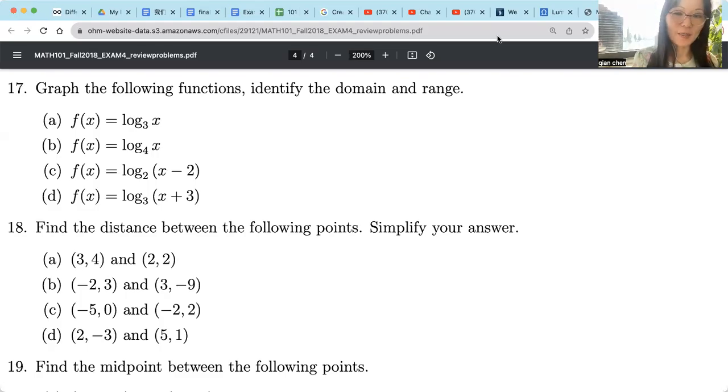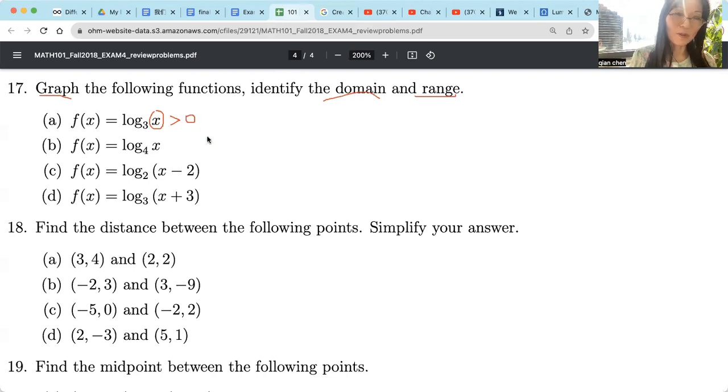Now let's see question 17. We want to graph log functions. Now we're in the function world. So whenever we talk about functions, we like to talk about the domain, the range, and their graphs, right? So domain for log, the value has to be greater than 0,